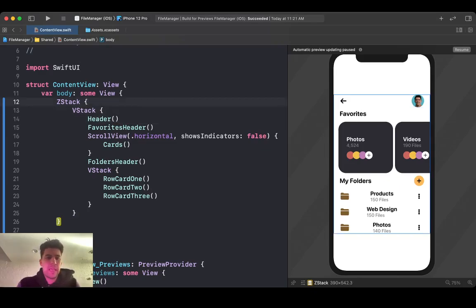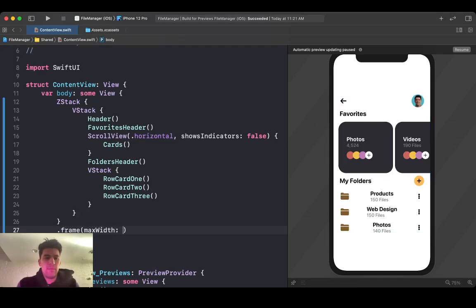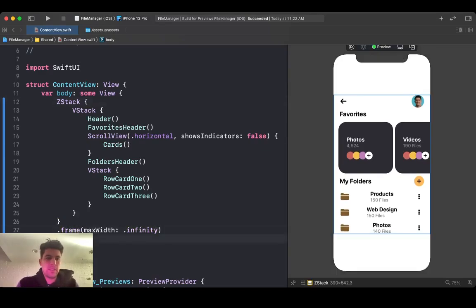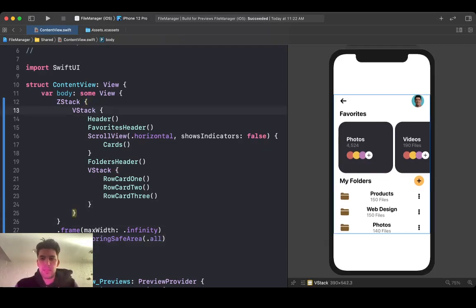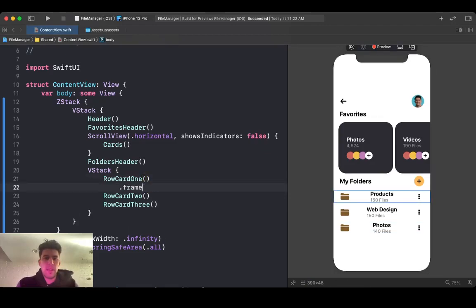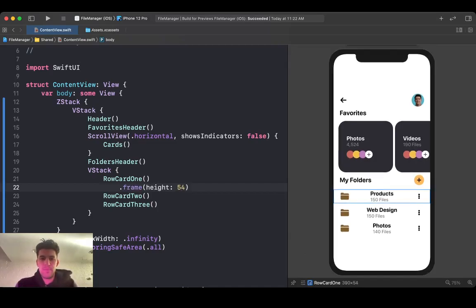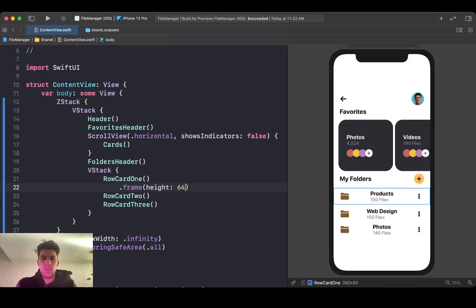So cool, and then we're gonna do a frame max width dot infinity. See, that takes up the whole. Okay, and we're gonna come in here and edges dot all. Okay, and now we're gonna start spacing out our products. Okay, and actually, we're gonna have to add a frame here, and it's gonna be a height of, let's try 54, 64. I'm gonna try actually like 70, and